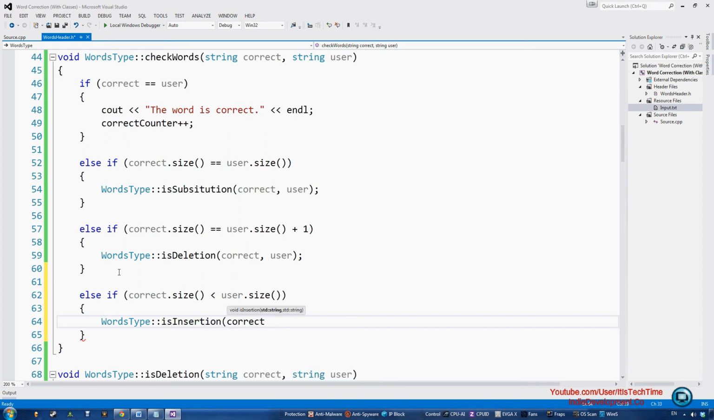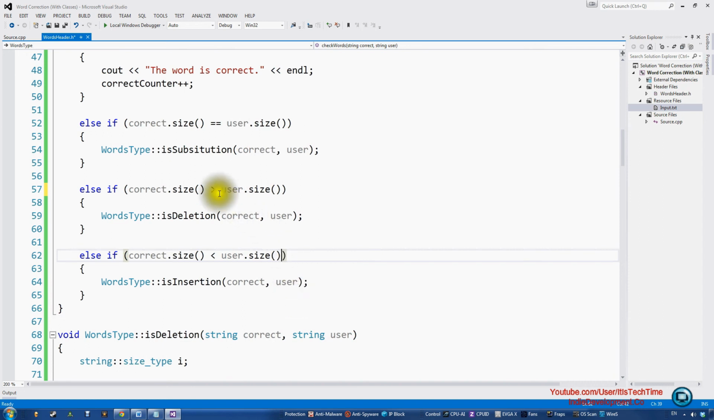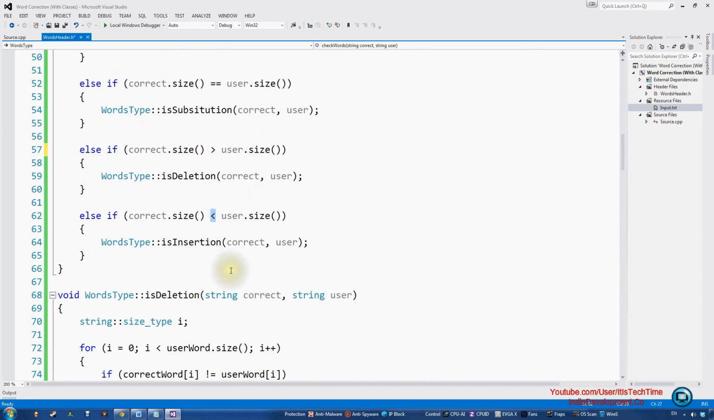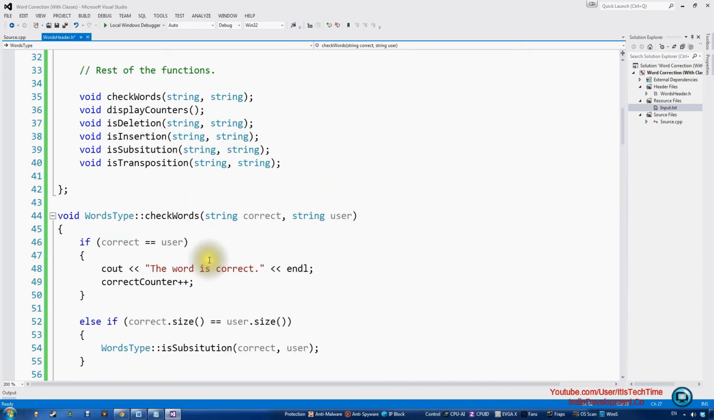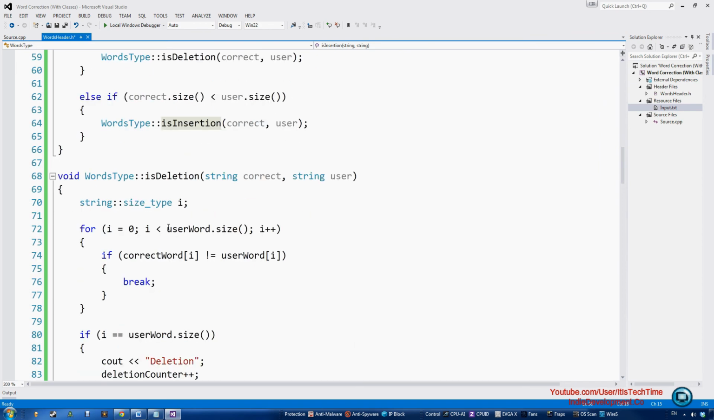Correct comma user. So for this one, we don't have to do +1. Instead of this, we can do higher. The correct word is longer than the user word. The user word is missing letters, so user word is less. We can do it like that. It doesn't matter either way. It works, but this one works more accurately than just a one letter difference. So we're going to go ahead and do the insertion. Let's find where it is. It is under deletion. So let's go ahead and find deletion